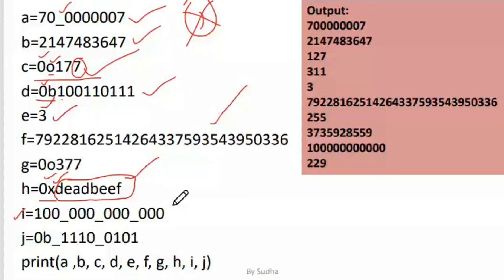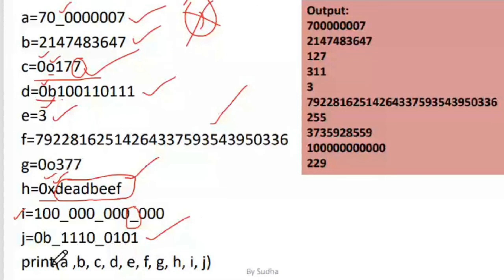As I told you, your interpreter will ignore these underscores. You are using these underscores only to increase readability. In case it is a very long integer and you are confused about how many zeros you are giving, and you want to be sure of the number of zeros or digits, you can use these underscores to improve the readability of the code. You can also include these underscores in any of the numerical literals, be it octal, hex, binary, or decimal. I have included it in the binary literal as well.